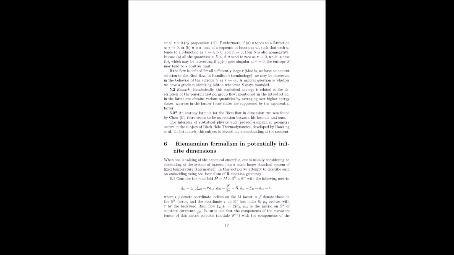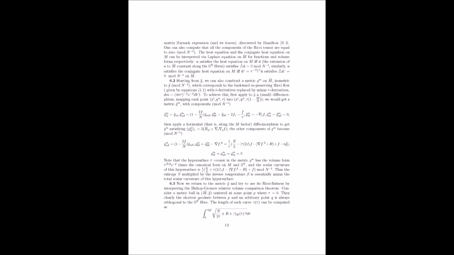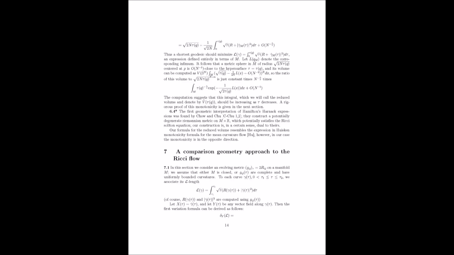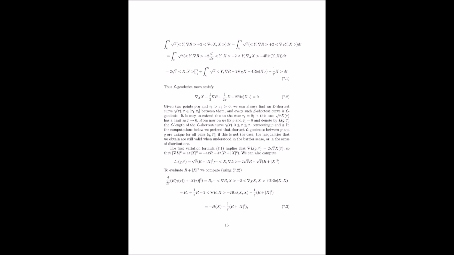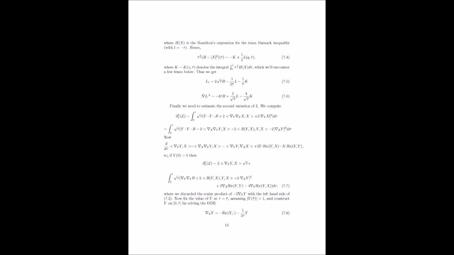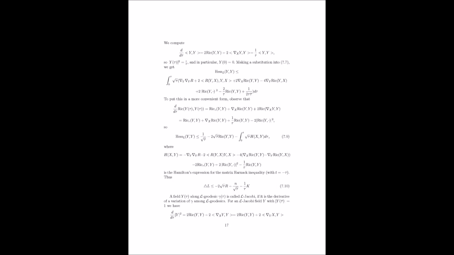So there's a kind of safety net built into the Ricci flow, preventing catastrophic collapses. Exactly. Imagine you're looking at a shape evolving under the Ricci flow through a microscope with a fixed zoom level. No matter how much the shape shrinks overall, the no local collapsing theorem guarantees that you'll always be able to see at least some part of it within your field of view. That's a great way to visualize it. So we have this balance. The Ricci flow smooths things out, but also prevents them from disappearing completely.